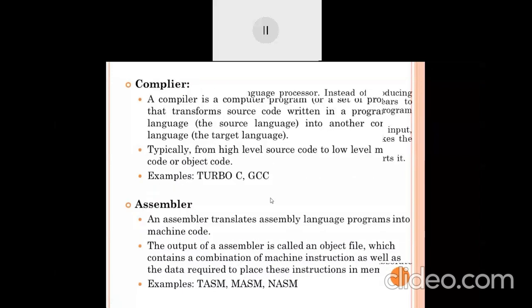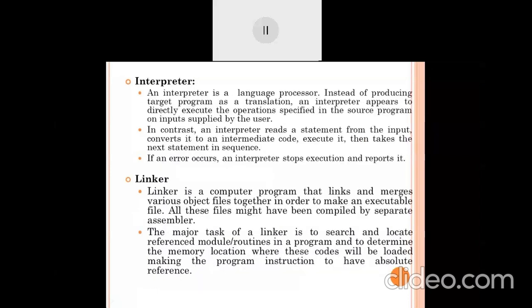Only do not confuse there. Whenever you write down the definitions or want to explain any term, compiler, assembler, and interpreter, generally you get confused. So if you know the particular work of that system software, then you can write down your answer, or you can describe the term in your own language or own sentences.